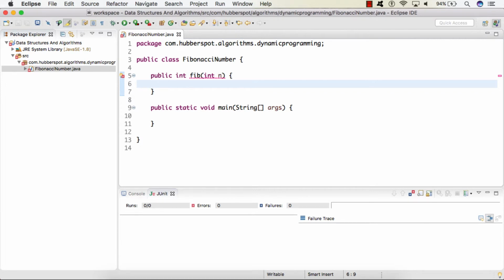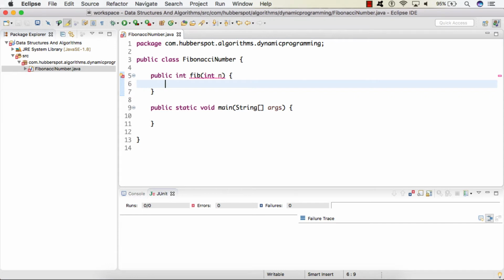And as we are discussing the bottom-up approach using dynamic programming, we know that this approach is nothing but a tabulation approach, where we create the table and store the results of the sub-problems. And when those sub-problems come again into the picture, instead of recalculating them, we simply reuse the values stored in the table.